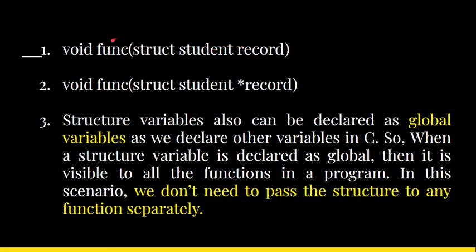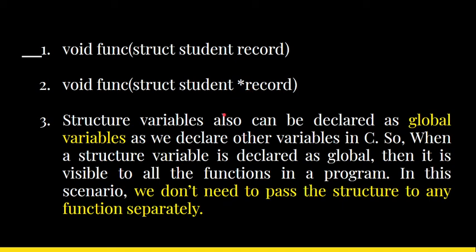And the second way is passing the structure to the function using reference. This is done by a pointer variable. The same thing as the first one. The difference here is we are using one pointer symbol to say we are passing by reference. So other things are the same: return type, function name, then the struct keyword, then the structure name and the instance of the structure name, which is record. Okay, and now let us see the third type. What is the third type?